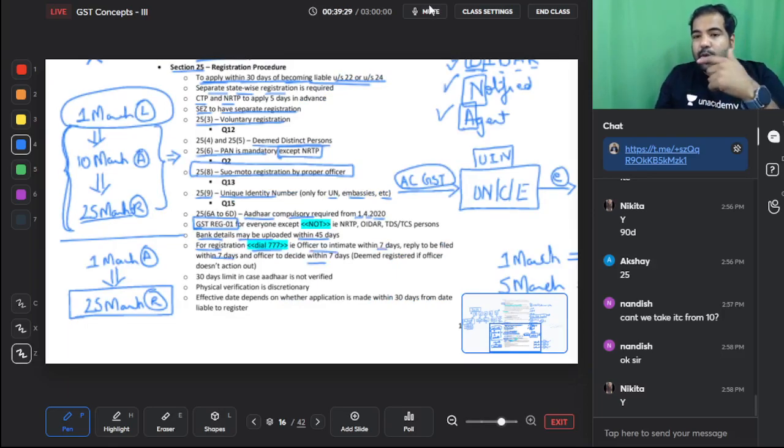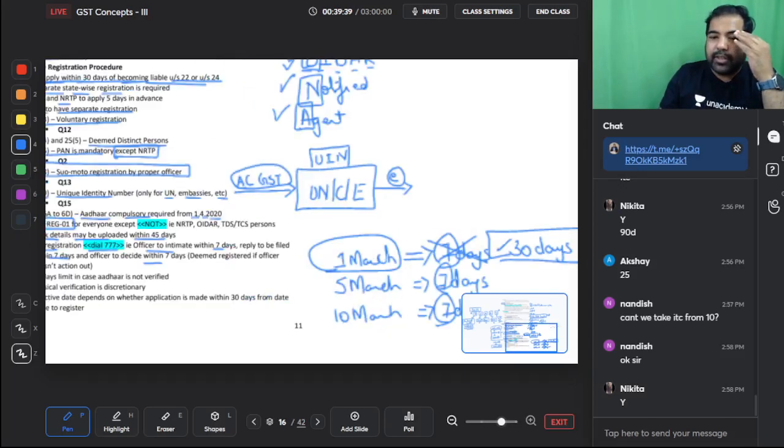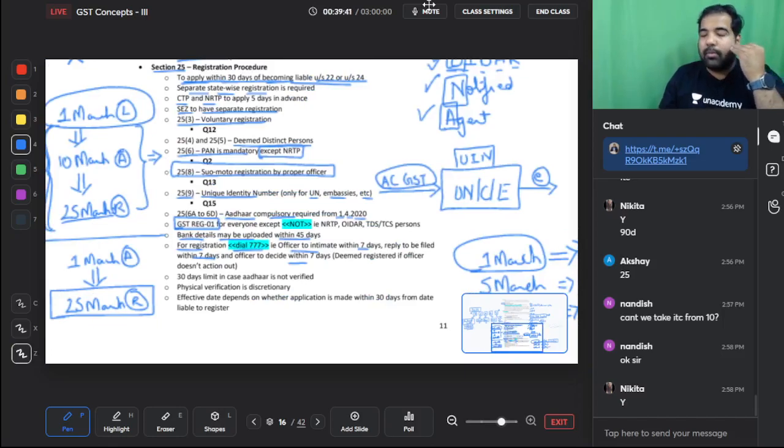But guys, if you don't update the Aadhaar details when you submit, this first duration will be 30 days. Because they need to verify you better, they will take 30 days. So hence Aadhaar is important. If you don't update the Aadhaar, then the period of registration slightly becomes longer. Guys, physical verification of your office, etc. is not compulsory. They may come to your office to check, they might not. In my example, they had not come to check my office.